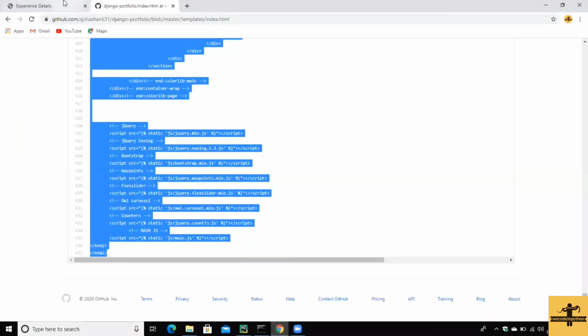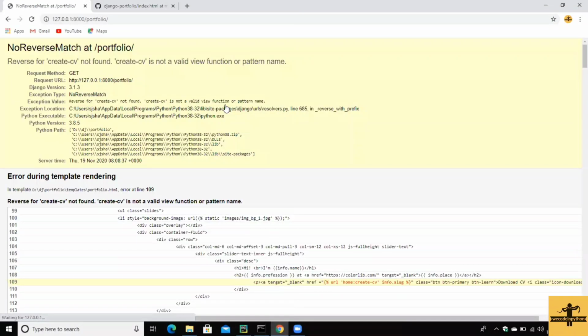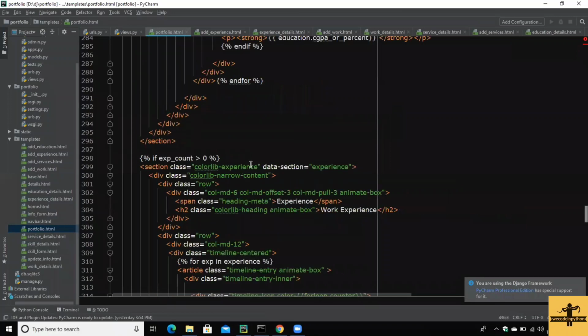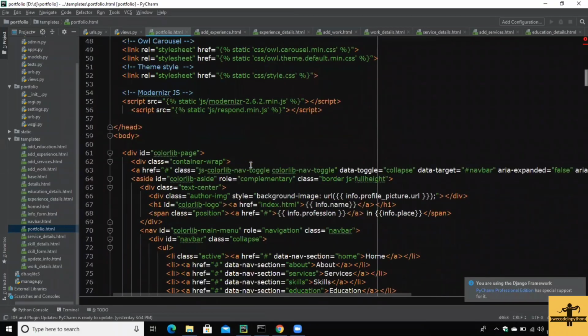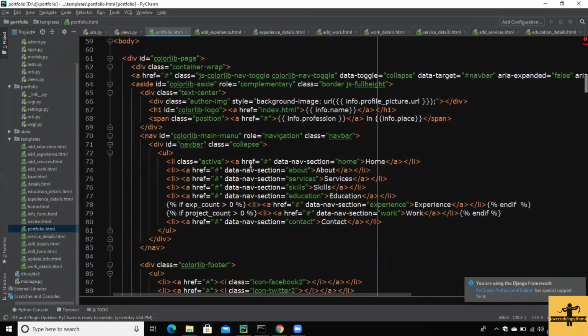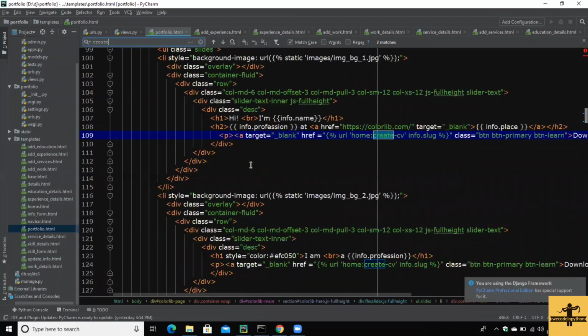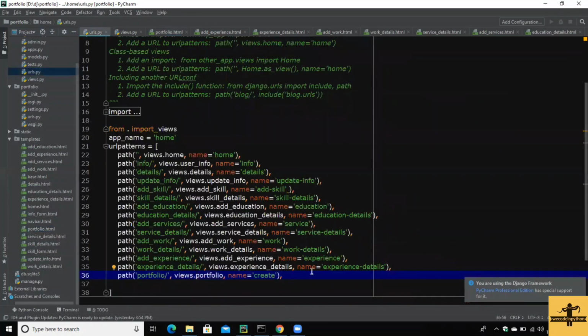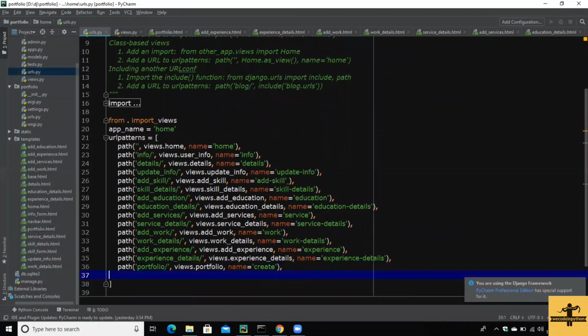And if we click on this button now, create portfolio, so create CV not found is not a valid function of your name. So what is this create CV? Let me search for that create CV. So this is create CV info.slug. Let me just remove this field and create a create CV URL. CV, views.cv, name is create CV,